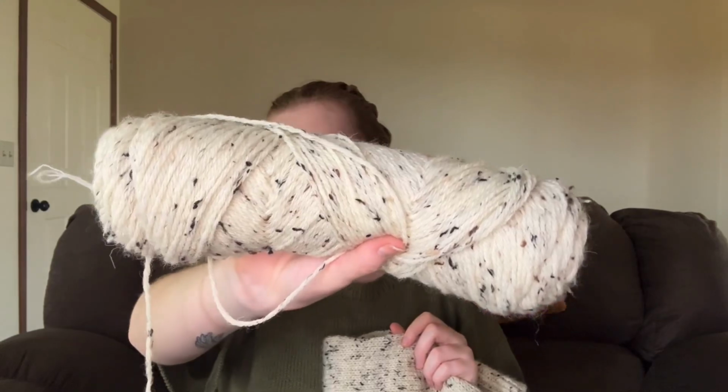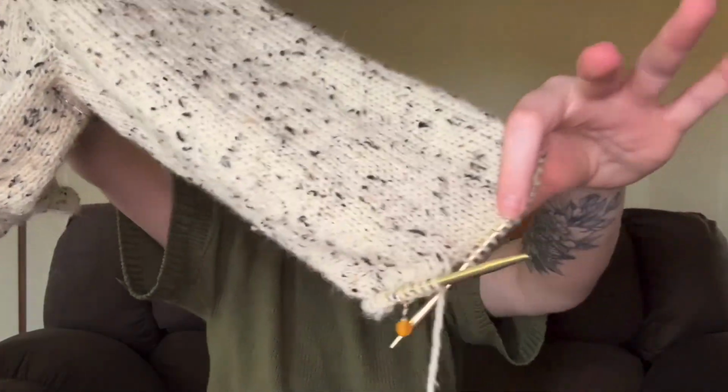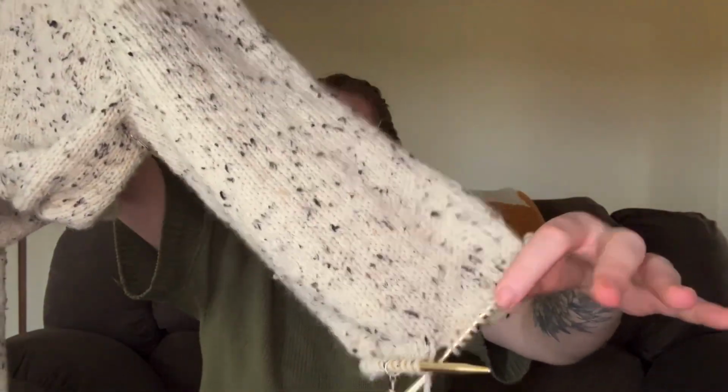And this is my last one. So I have 2 more decrease rounds and then all of the rib to do on here. And then I think I'm knitting to 11 inches under the arm. I may have shortened it to 10 because there's a 3-inch long ribbing, so that would give me 13 inches for a full body length, and that'd be okay with me. But we'll see. This is still a lot of yarn,